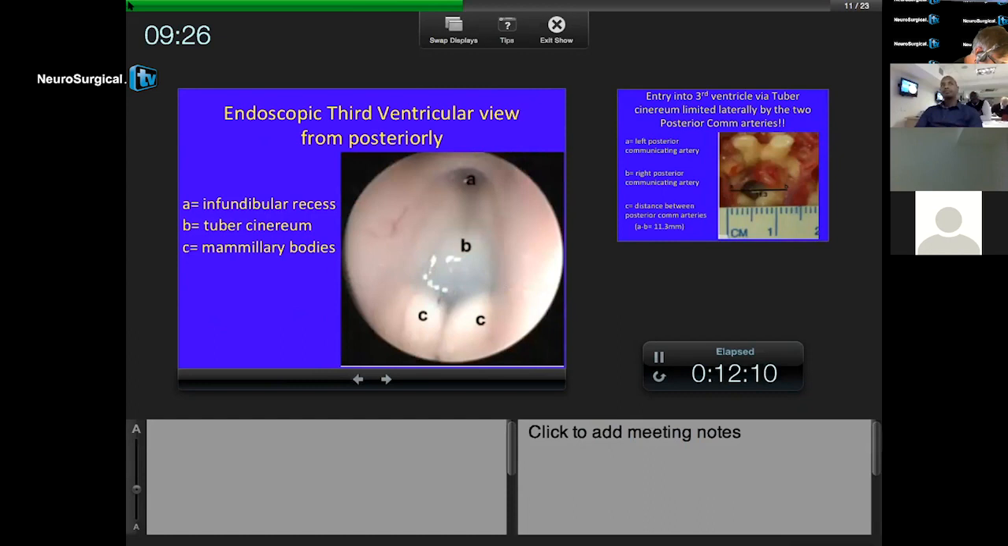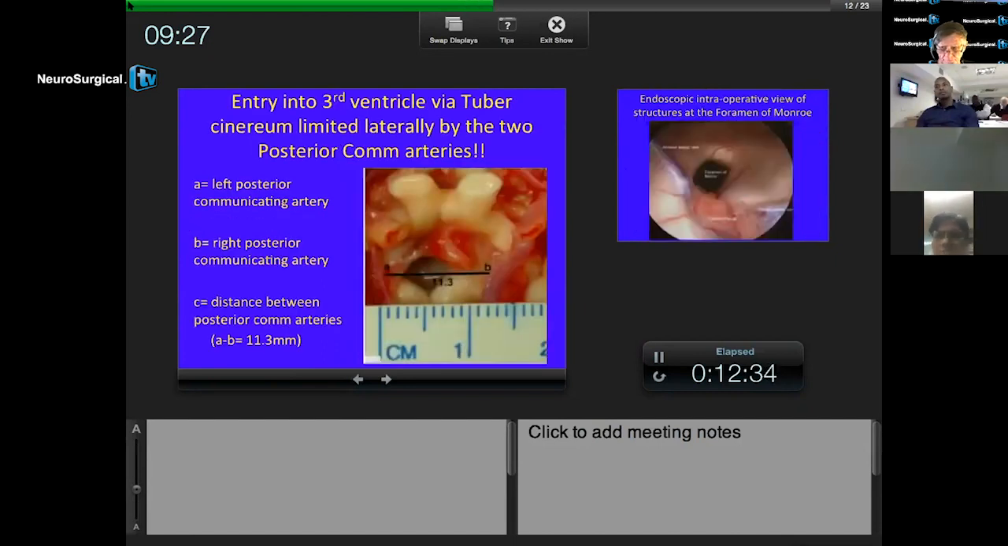Not always easy, because in our setting, post-infectious hydrocephalus is quite a problem. But if you can identify the mammillary bodies, and mind you, in a lot of these hydrocephalic patients, they're fairly flattened out and it's not easy to recognize them. But if you can recognize the outline of the mammillary bodies, you know that that's where you want to do your endoscopic third ventriculostomy. Now, you can enter the ventricle while you're doing skull base surgery from below,